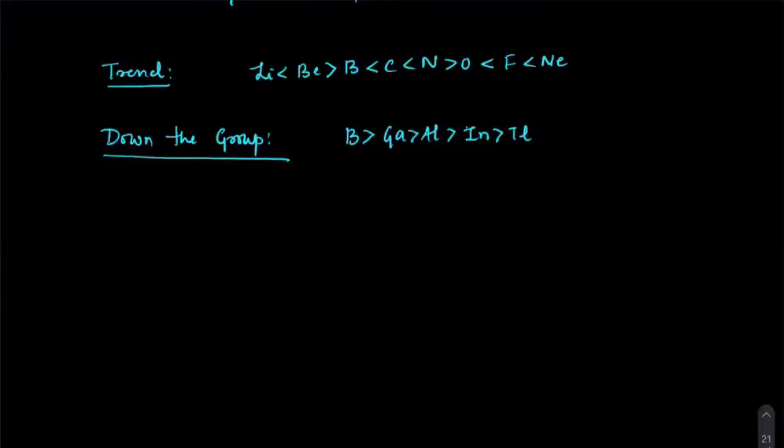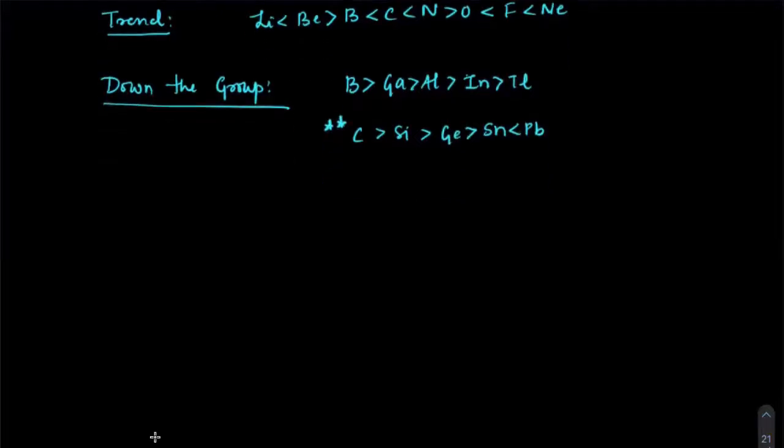Next, if you check out group 14, it will be carbon greater than silicon, greater than germanium, greater than tin, but less than lead. Lead would have lanthanide contraction, so that's why it will require more energy as compared to that of tin. Got it? So this is one important case you must remember.